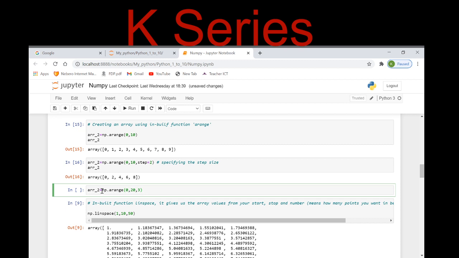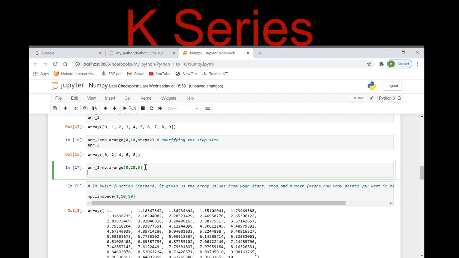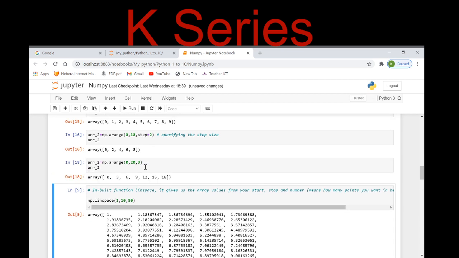Now what will I be getting? Let me print it also, right? Okay, so here you can see 0, 3, 6, 9, 12, 15, 18.